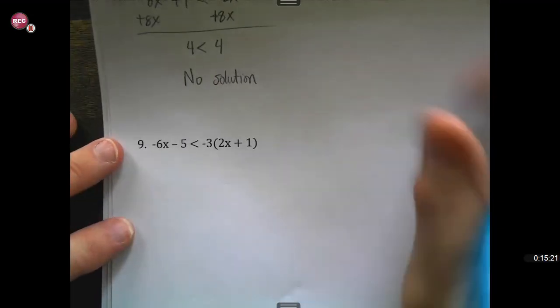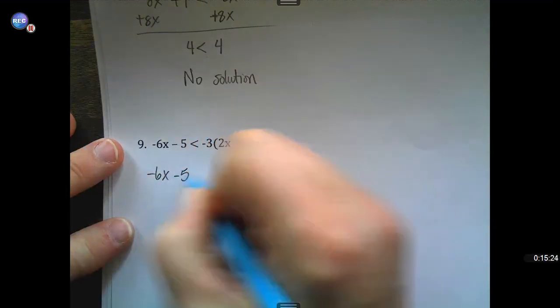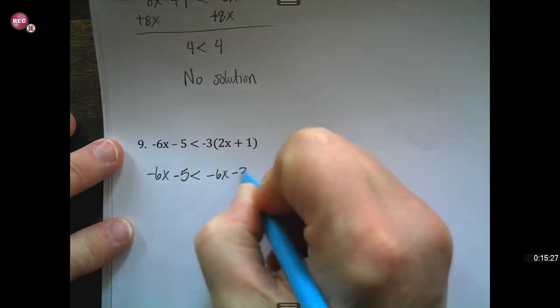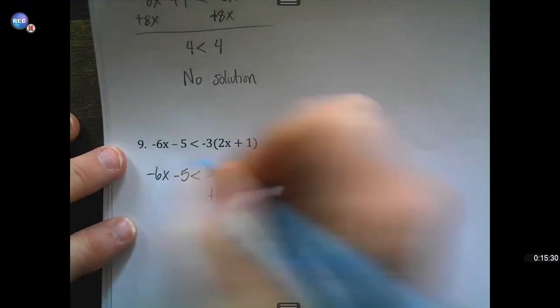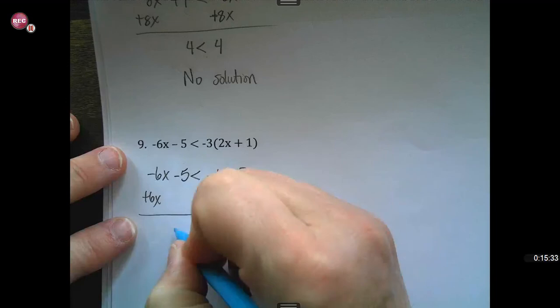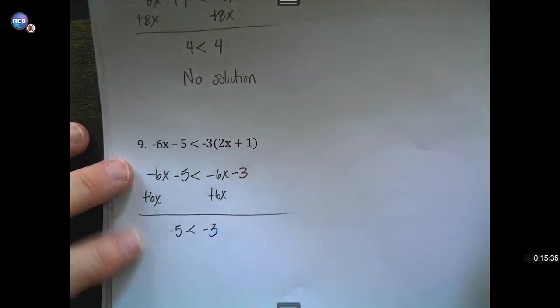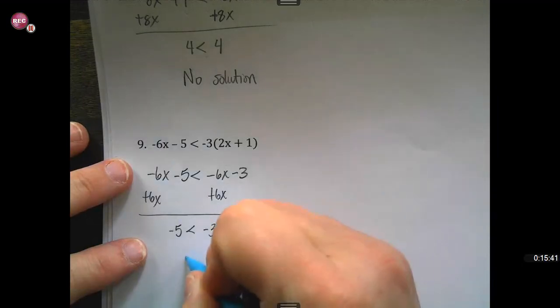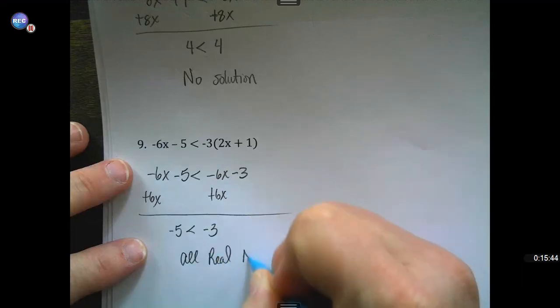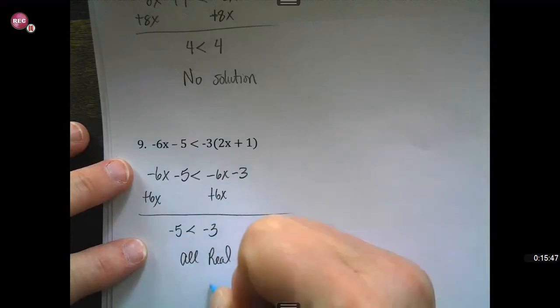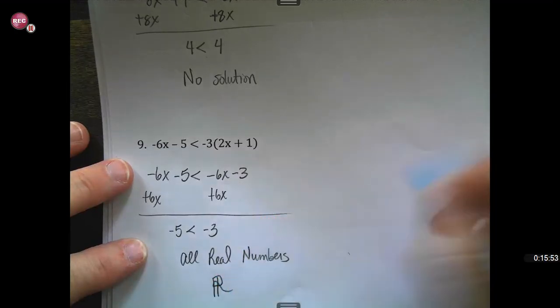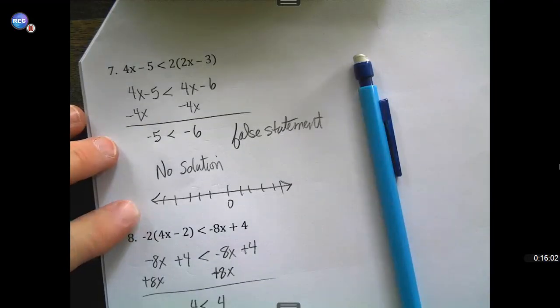Let's see what's going to happen. Negative 6x minus 5 is less than negative 6x minus 3. 6x and 6x drop out, and we get negative 5 is less than negative 3. That is a true statement. Negative 5 is less than negative 3. The answer here is all real numbers. Or I would make two parallel lines and shade the number line. So we'll have some work